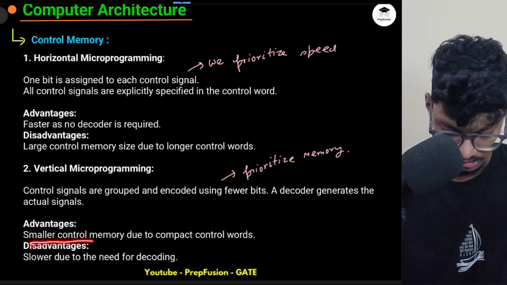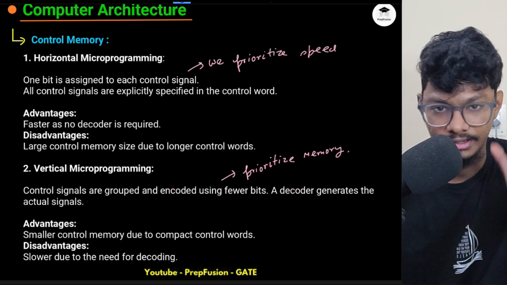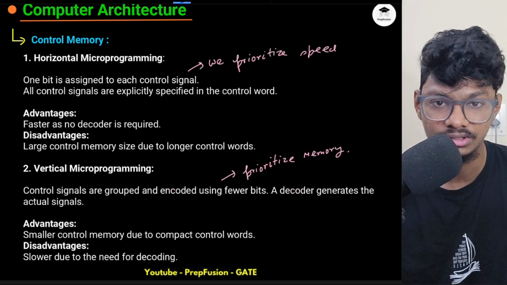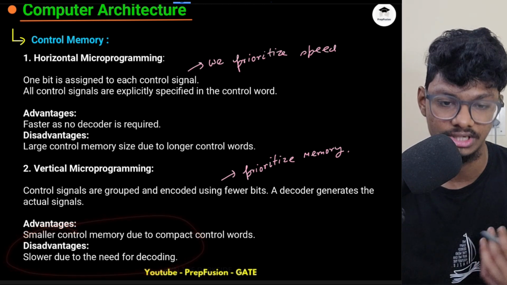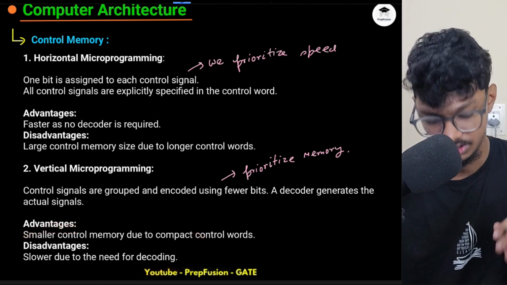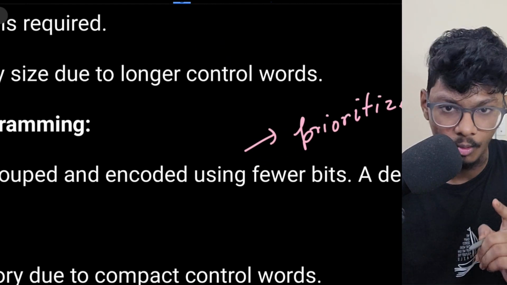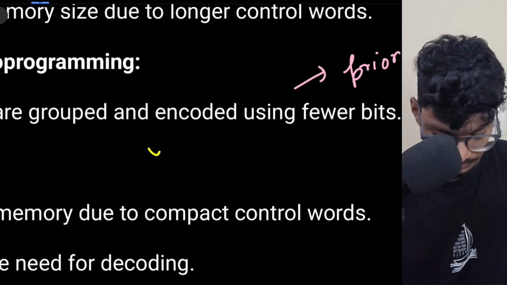Advantage is we will use smaller control memory due to compact control words, because control words will be smaller, because we will decode all the control signals with a decoding logic. So obviously it will be slower because there is a decoder. So obviously we will need a decoding logic. But do remember one important point: to use the decoding logic,